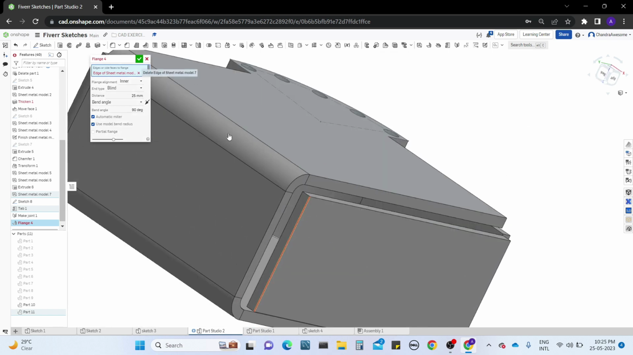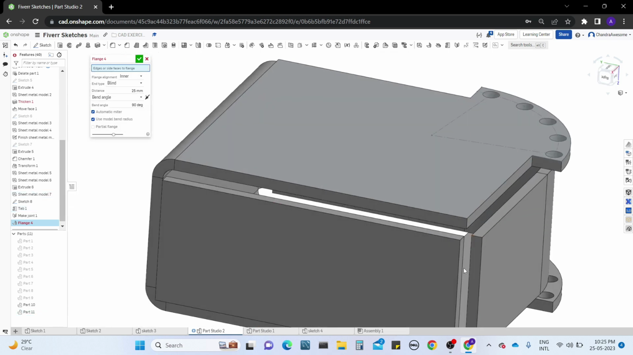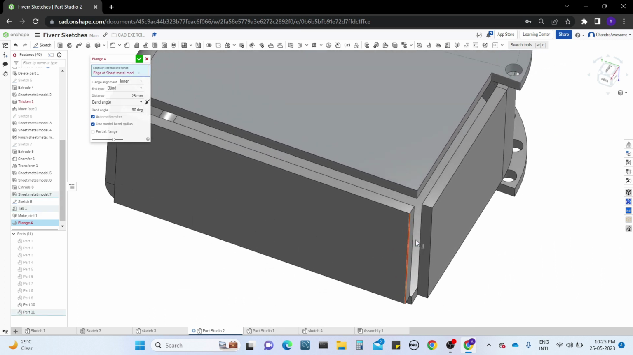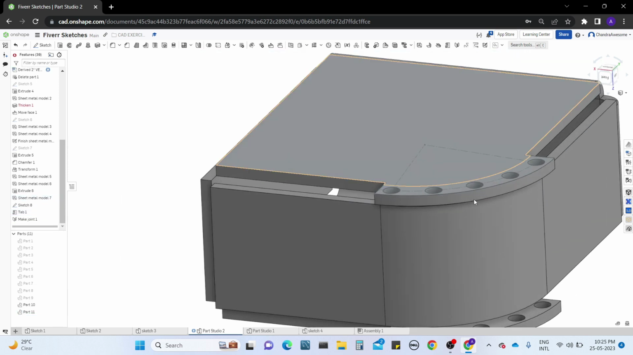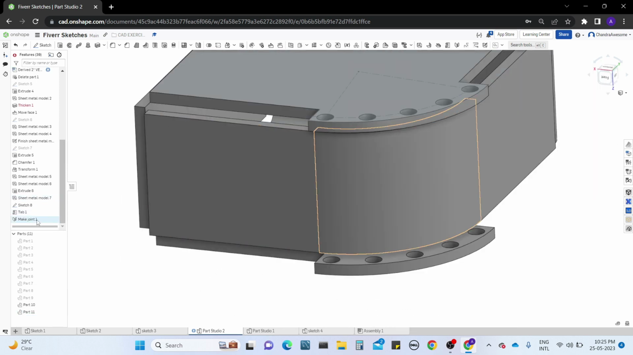We can't, because it is a closed side, right? We can't create there. This also is closed. That's why it's not working here. So let me edit this and make a join,